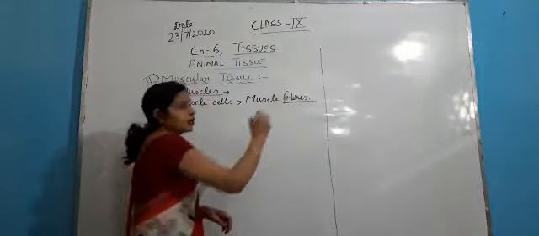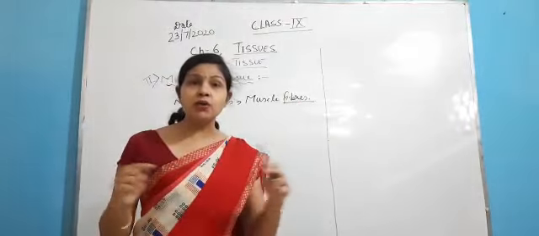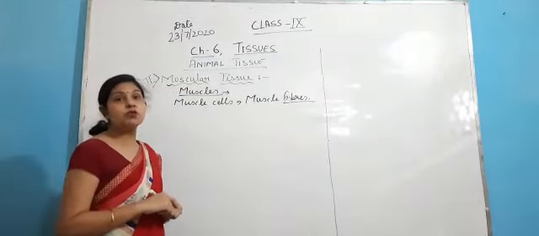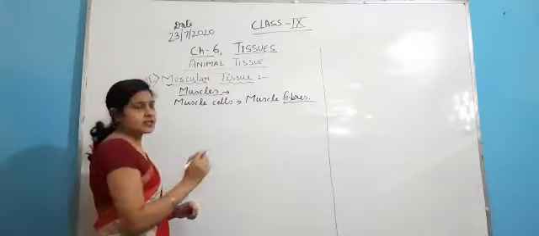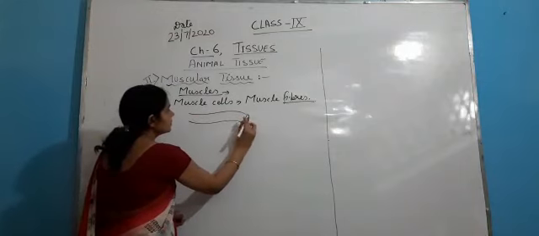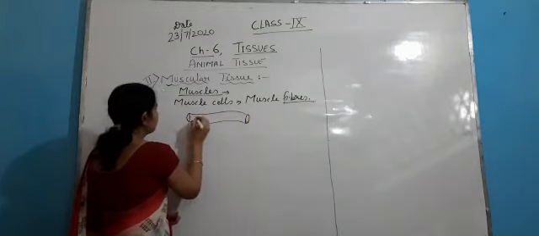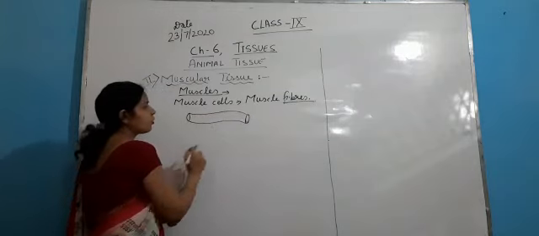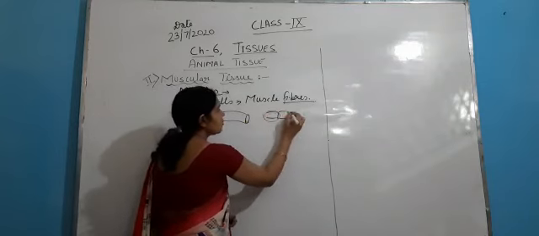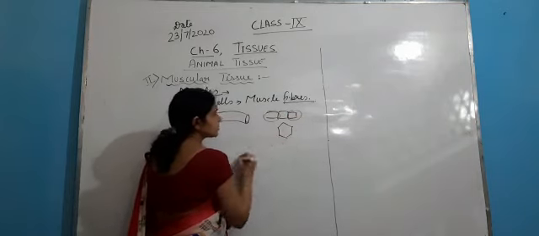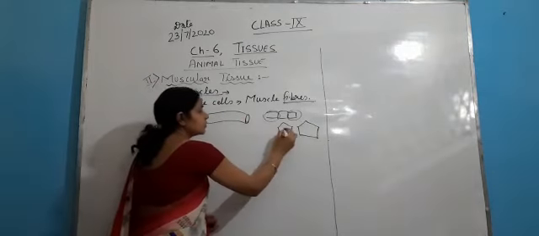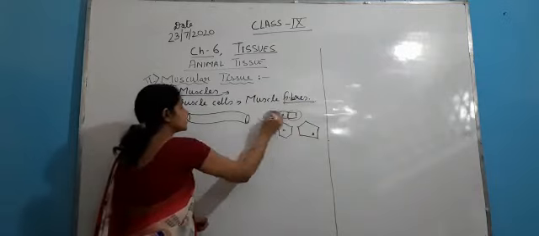Why do we call them muscle fibers? Because you have studied in class 6, 7th and 8th that fibers are elongated structures. Likewise, the cells of the muscle tissue are also elongated. I made one diagram last time. Again, I am going to show you. For example, this is a type of muscle cell. You can see that it is elongated. Normally, the cells are small, or they are in polygonal shapes. Nucleus is there, here also nucleus is there.